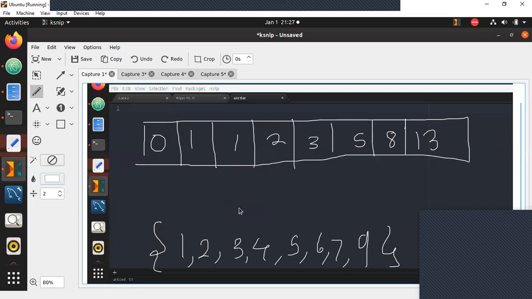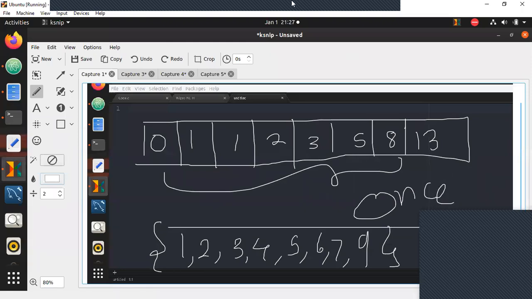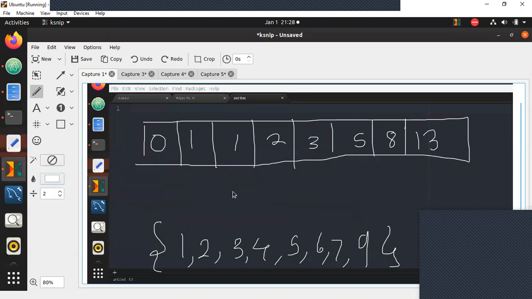So all you need to do is just create this series once. Once you have created this series, you can easily solve the rest. Now, let me ask you guys one question. Do we know how many values we are supposed to create? Do we know how many values we are supposed to store in this array?